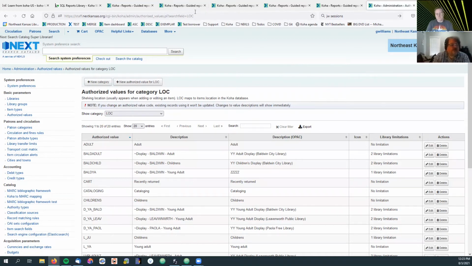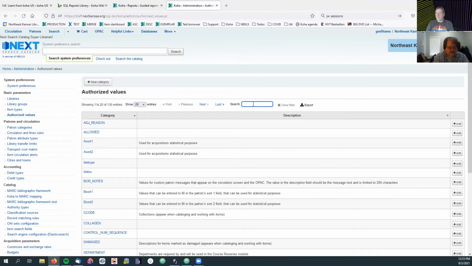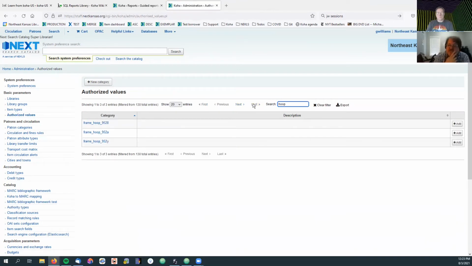Cool. So let me close a few things here, get the number of tabs down to a reasonable number. I have a set of authorized values that are alternatives to what are used in the bibliographic frameworks. These are ones that I used to use for Hoopla when we used to import records from Hoopla, which we don't do anymore now, thanks to the Hoopla plugin that we talked about a couple of weeks ago. But when we did import Hoopla records, I would have this problem where there would be